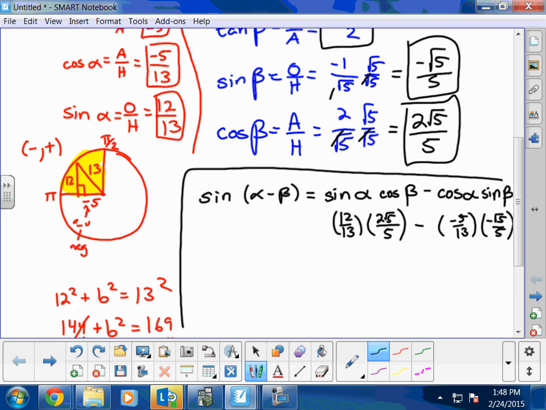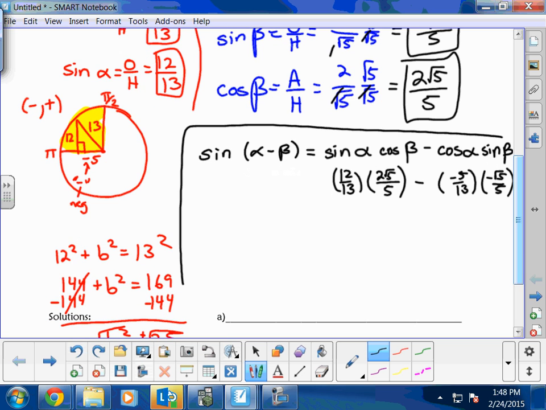Okay, now let's go ahead and simplify this. What I mean is that when you're dealing with 2 fractions, okay, now first of all, y'all see the 2 negatives over here on the right side? Those both become positives. When you deal with fractions, you can multiply across. So I'm going to multiply those 2: 24 square root of 5. And I'll multiply those 2, it's going to become 65. That's going to be subtracted by 5 times the square root of 5, which is 5 square root of 5